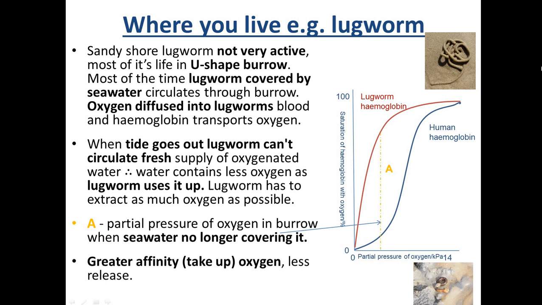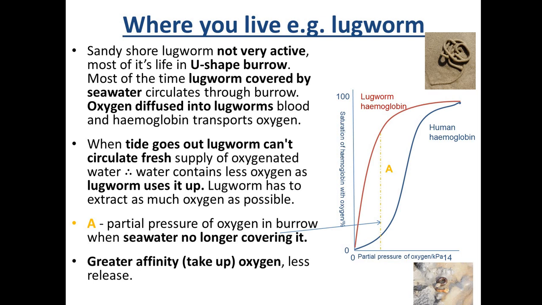As an example of something that has a high affinity for oxygen is a lugworm. Lugworms spend a lot of the day with the tide over the sand on the shore, so that's fine. But when the tide goes out, the lugworm just basically has to survive on a tiny little pocket of water in a little burrow. So obviously throughout the day, the water in that burrow is going to deplete of oxygen, progressively getting less and less oxygen until the tide comes back in. So that lugworm, while it's trying to survive off a little bit of oxygen,